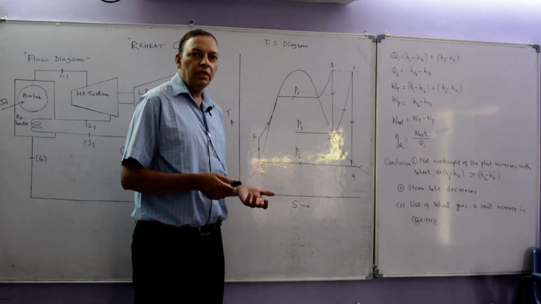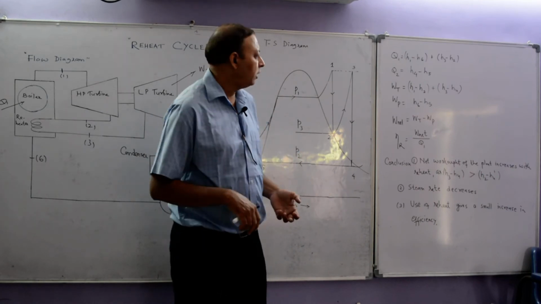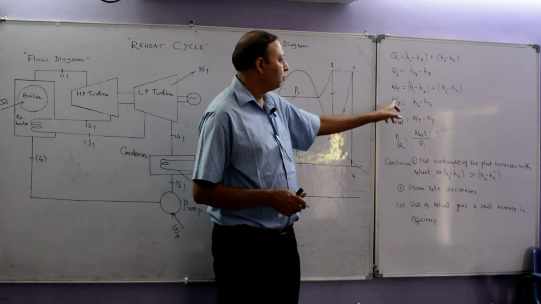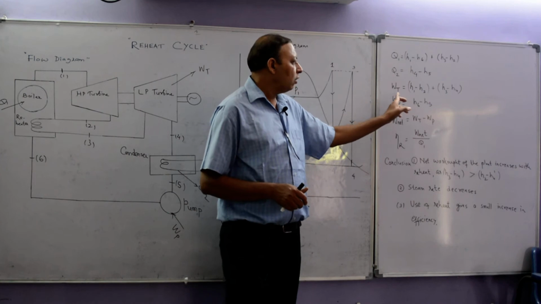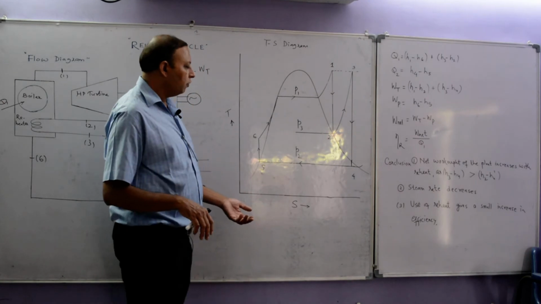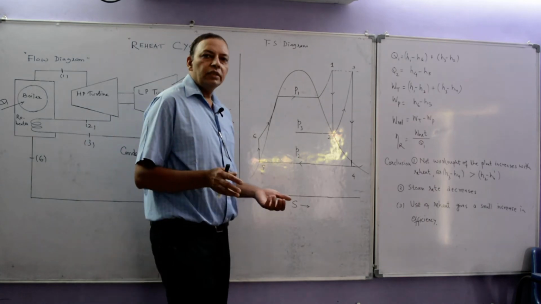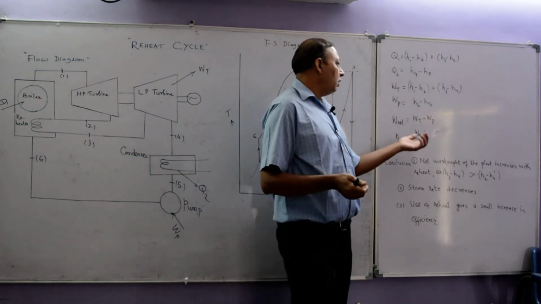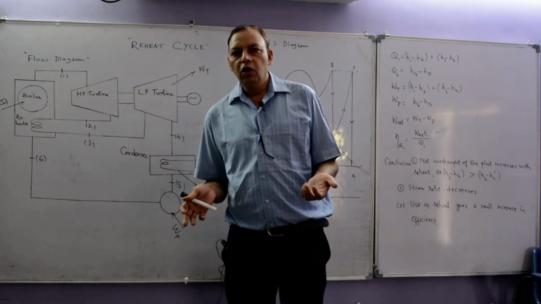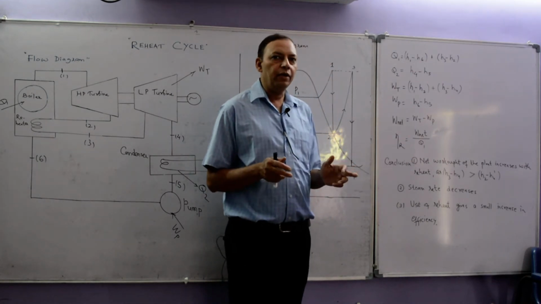Now the turbine work. Here there are two turbines, so we'll add the expansion in the high pressure turbine and low pressure turbine. So first expansion is H1 minus H2 and the second expansion is H3 minus H4. So the total work done in the turbine, or the output of the turbine, will be H1 minus H2 plus H3 minus H4, and the pump work will remain H6 minus H5. Now we know what the net work output is. Net work output is W turbine minus W pump, and the efficiency of Rankine cycle, we know, is output upon input. What is output? That is W net. What is input? That is amount of heat added.